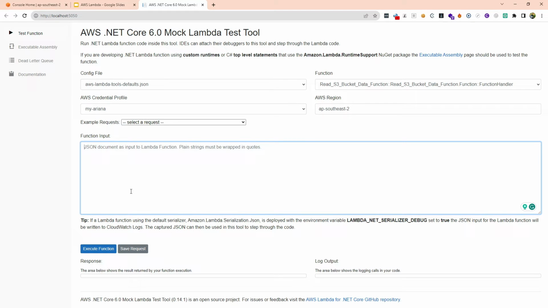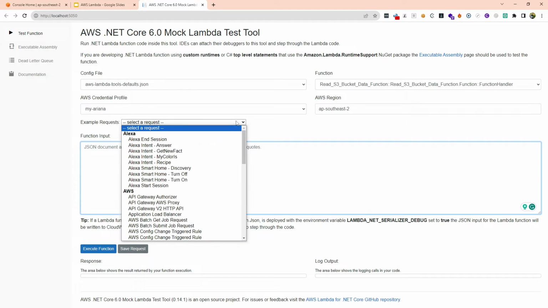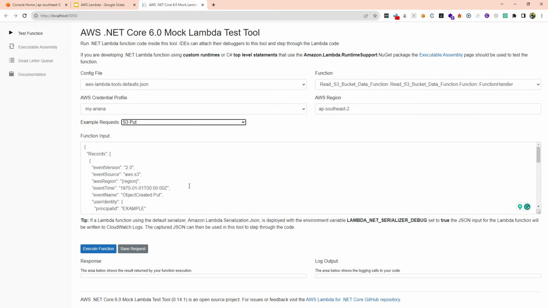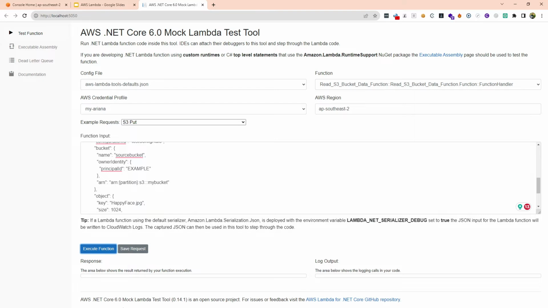Now, what does this Lambda test tool do? Basically, let's say that as per our application, when any event happens, for example, if you drop any file, it will trigger one S3 event, and this S3 event, when you execute the function, will then trigger this Lambda function. So we can simulate that by just pressing the execute function, and let's see what will happen so that you'll have a better idea what I'm talking about. So when you click execute function,